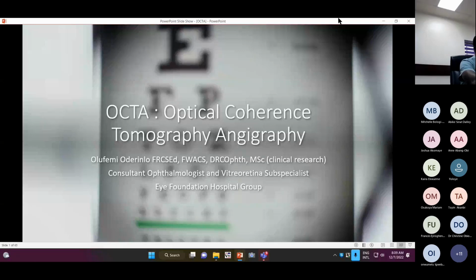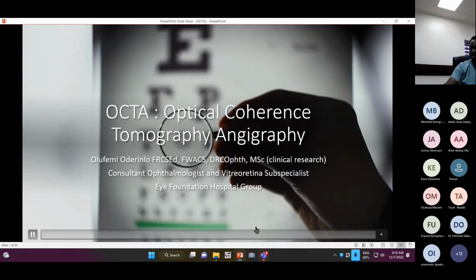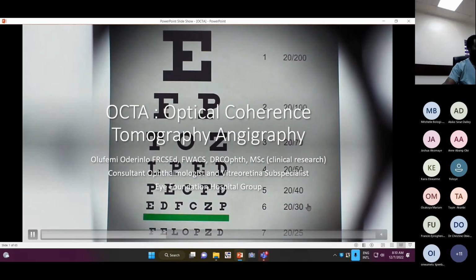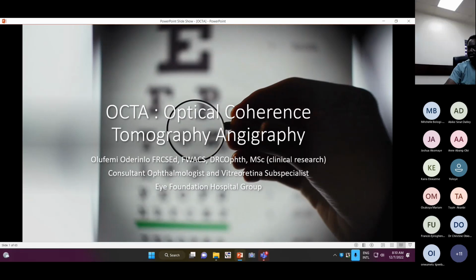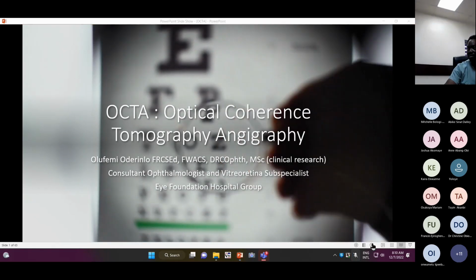Okay, so good morning, everybody. Thank you for spending your morning with me. So briefly, we go through optical coherence tomography and angiography, OCTA. It's a new investigational tool in